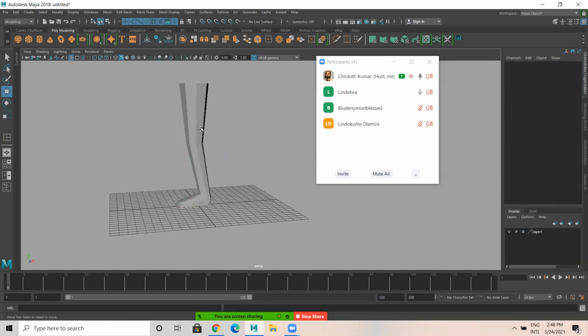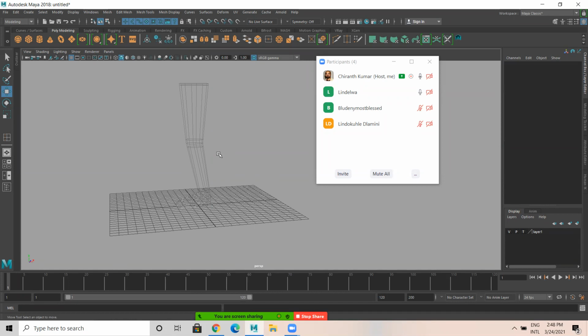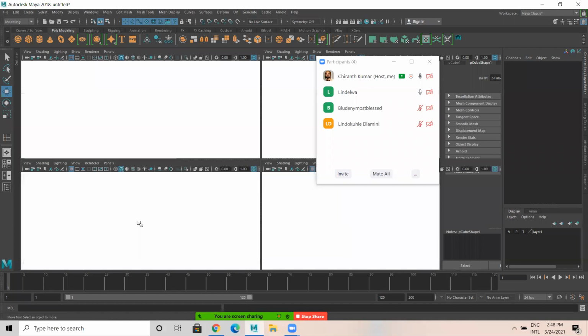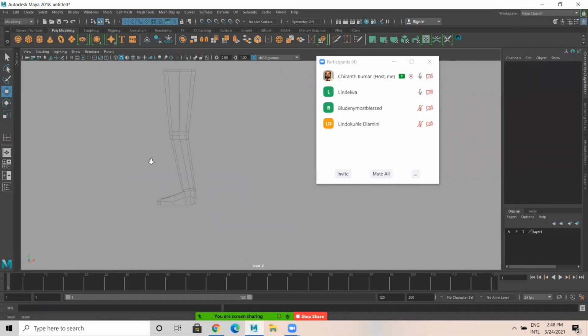In reference mode, you cannot select. In this mode, you can select and move. And in template mode, you can see this as just a wireframe, shaded wireframe, which is over here.